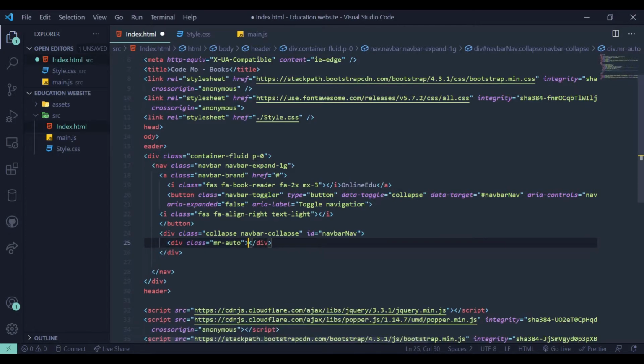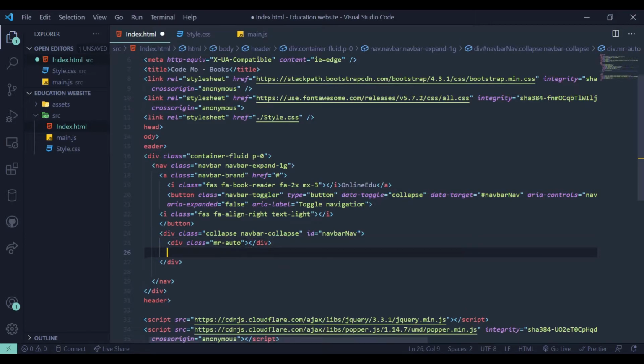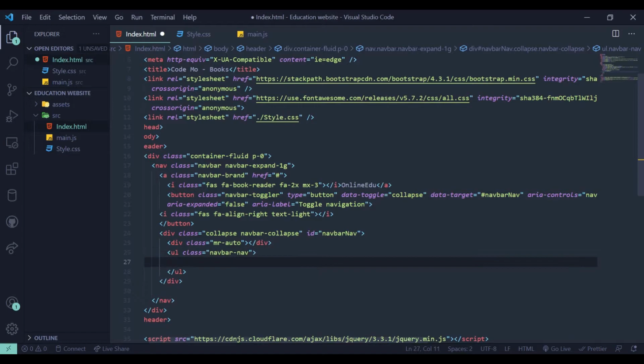Inside this div I'm not going to add anything there. So now let's come back here. We'll add UL and some LIs. Now for our first UL I'm going to give it a class. Now inside this UL I'm going to add some LI with a class name